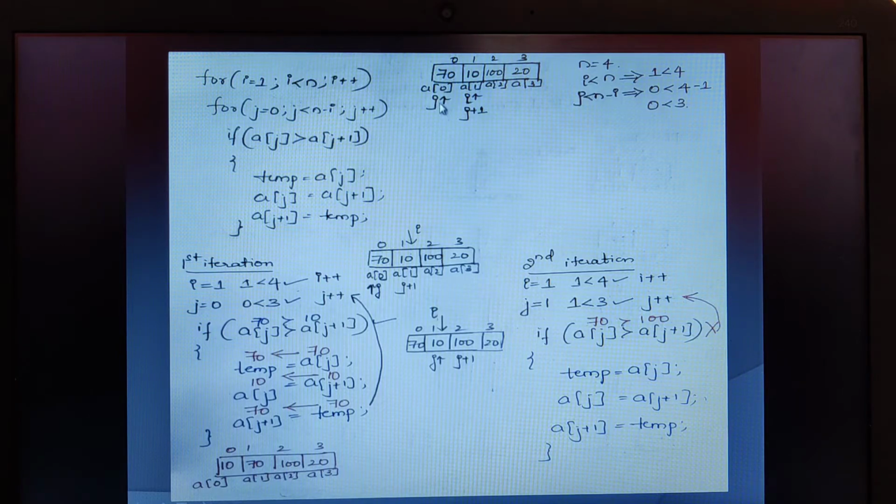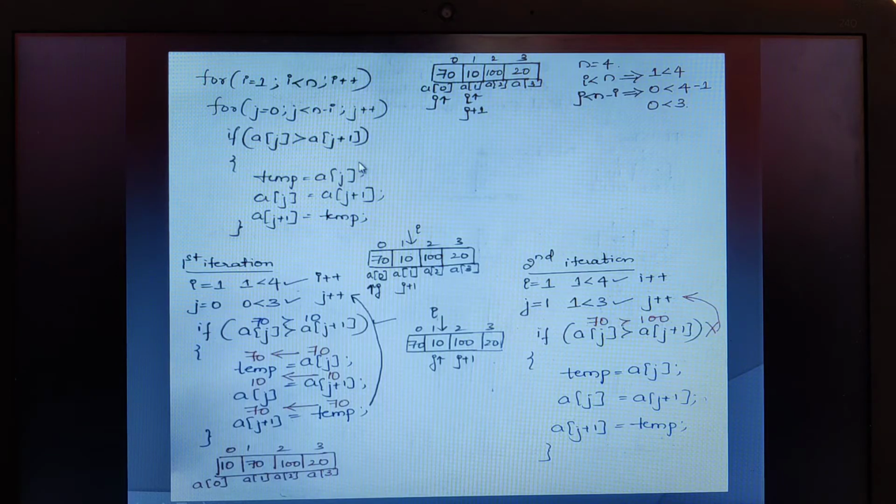On satisfying this particular condition, we are going to compare the two values, that is whatever is there in A of j as well as A of j plus 1. So you should remember the first looping structure is being taken in order to traverse from one location to another, and the second looping structure is taken to compare the values. Now you can see, if A of j is greater than A of j plus 1, on satisfying this condition, we need to swap.